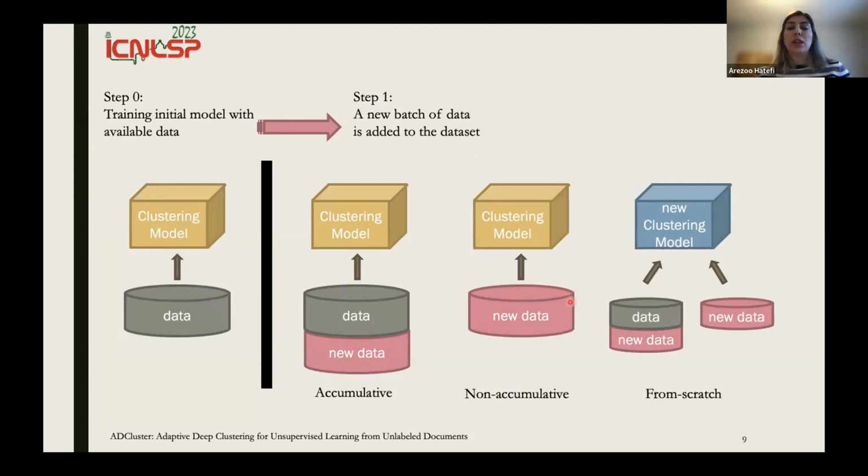In the non-accumulative policy, we just continue training the model for the new data. And we have a third policy, which is training from scratch. We could use either the accumulative or non-accumulative policies for training the clustering model from scratch.